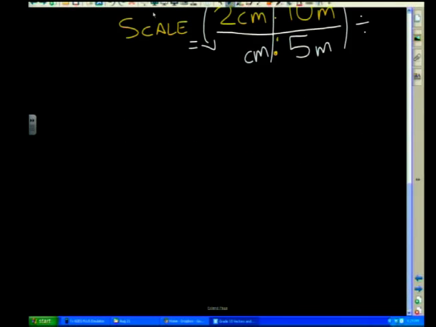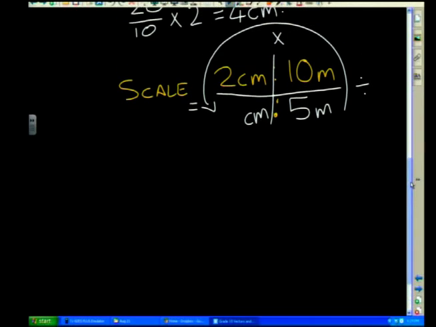Let me write this out for you so that you can see everything that's going on. Let's just bring that all into focus. So everything's on the screen at the moment. So I'm going to start out with my 5 meters. I divide it by 10 meters. So there's my ratio first.